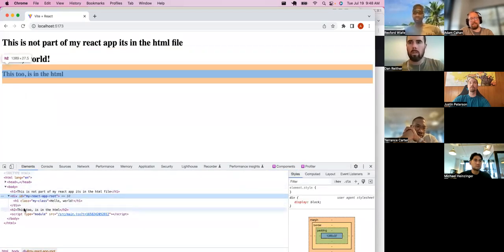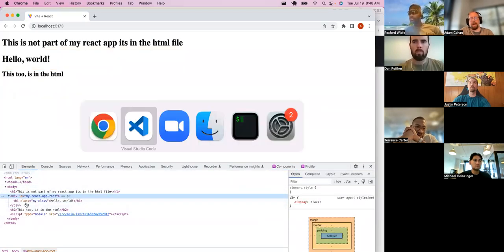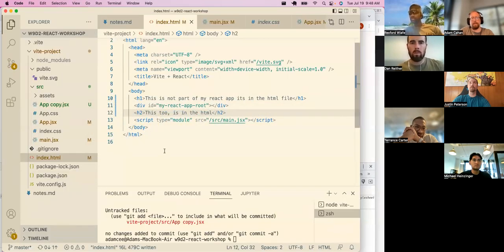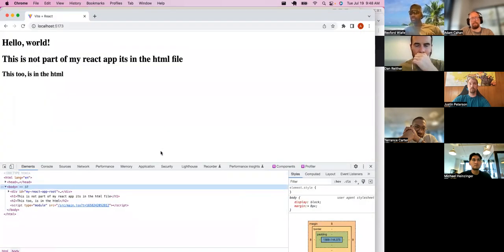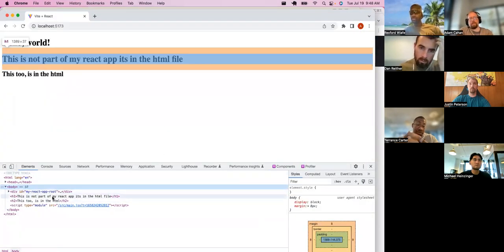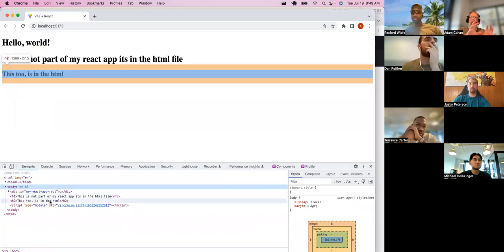And then we can see here's the other part of our HTML page. And if I move this around and put this at the top, then we'd have our React app up here, and then this is some HTML. So I just kind of wanted to illustrate the different pieces and how we connect our React application to the